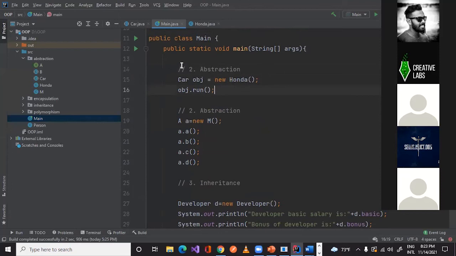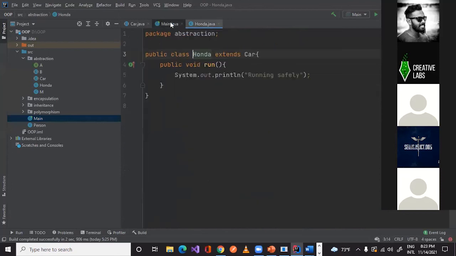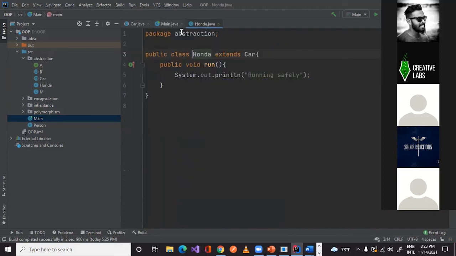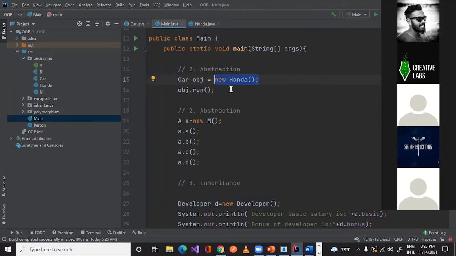Right. So here we can see I have created a car object, right? Using the car object I have initiated Honda, because Honda is a subclass of this car. So in that case, we can create car objects out of Honda, right?